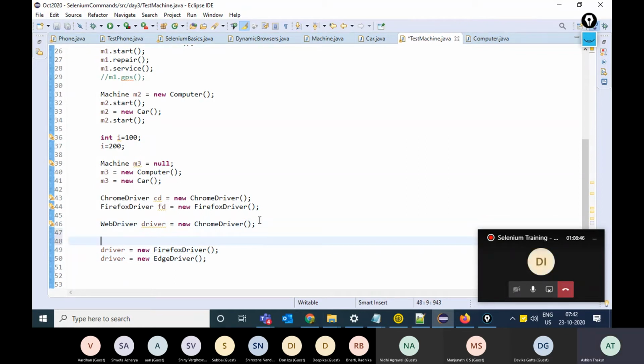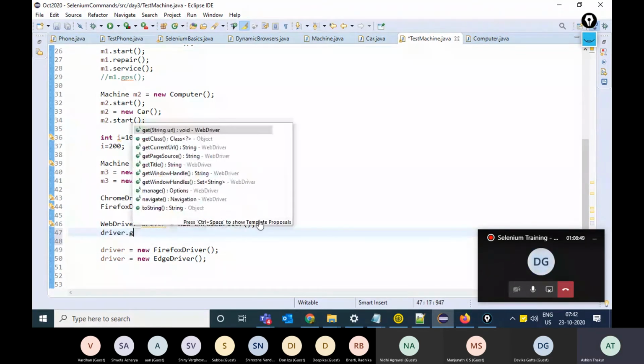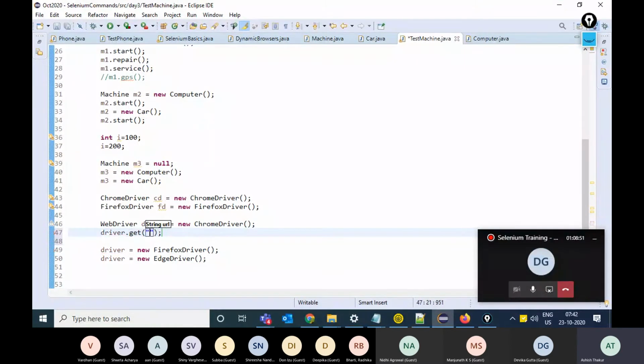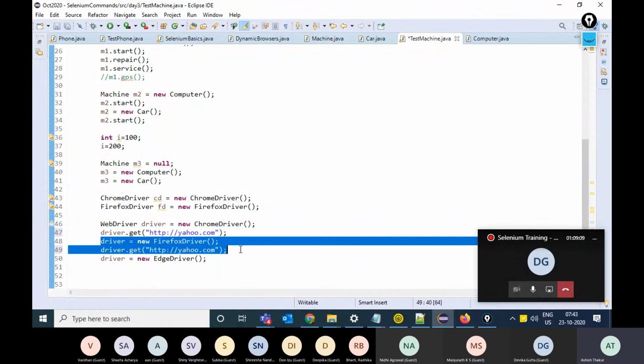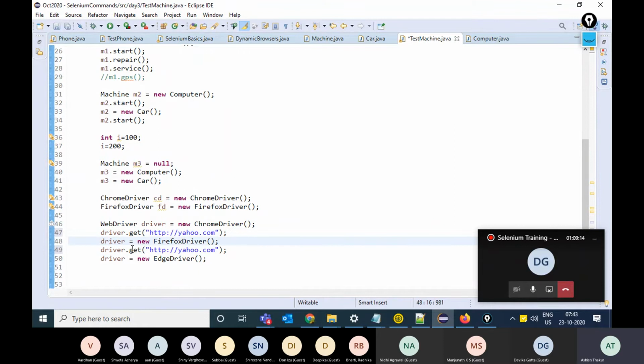If I write driver.get http yahoo.com, this will take Chrome to Yahoo because driver is now pointing towards ChromeDriver. If I write driver.get Yahoo, this will take Firefox to Yahoo because driver over here points towards Firefox. And if I write driver.get, say bbc.com, then driver is pointing to EdgeDriver, which will take it to BBC.